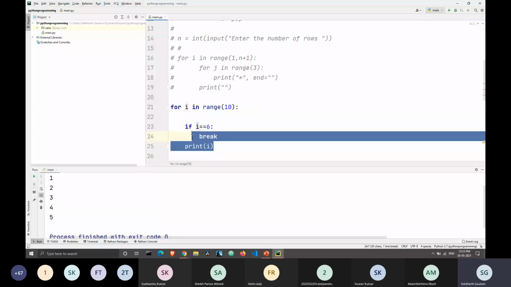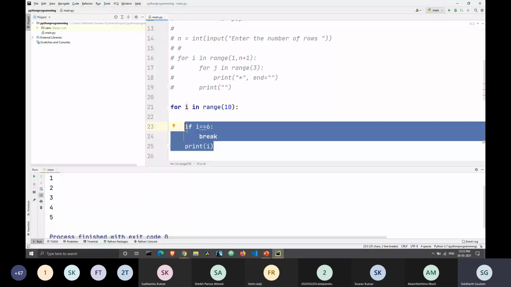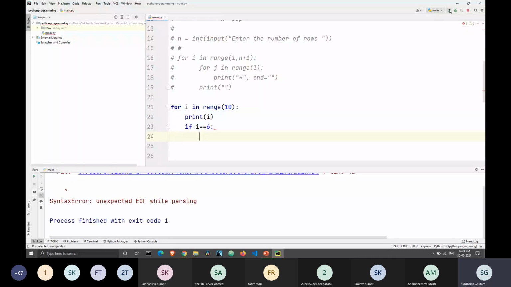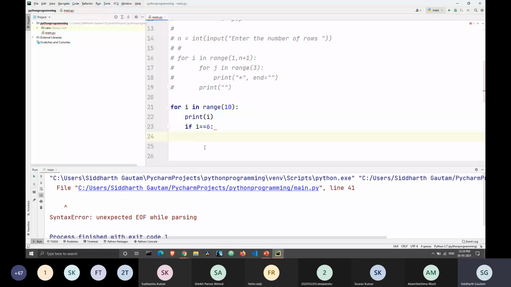Now let's take a look at pass. Let's first move this back to before. And what happens if I add a pass here? Okay, first I will print this. As you can see, a pass is basically an empty statement. We declare an if condition here, but if we do not write anything inside that if condition and I try to execute this, it is telling me that there's an error here, that I have to write something inside that if condition.